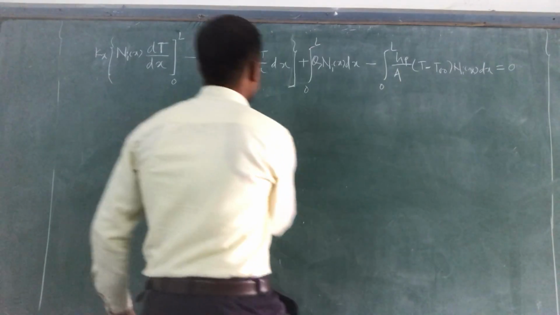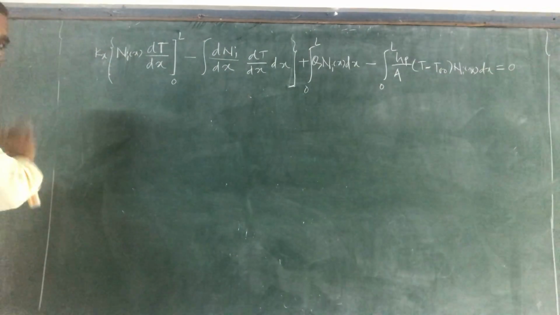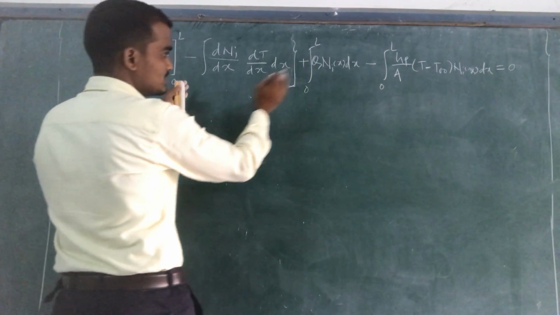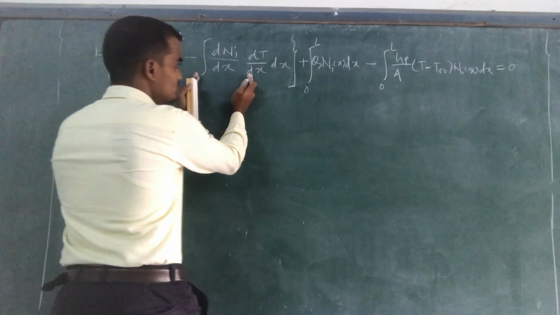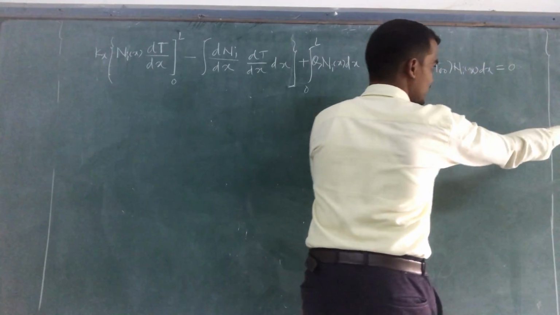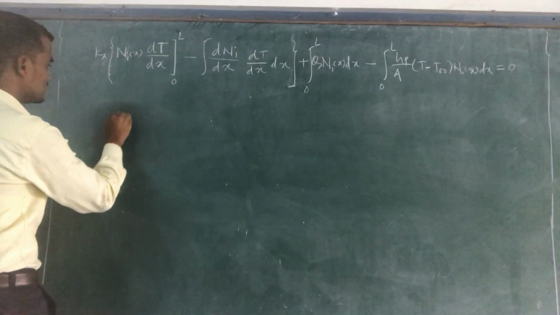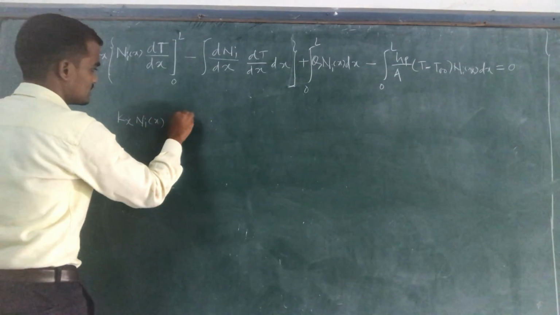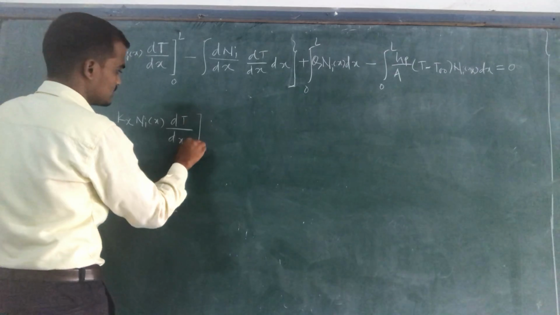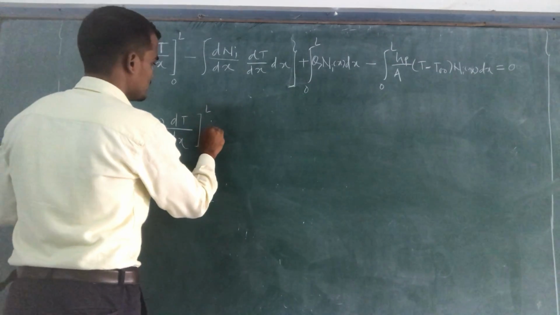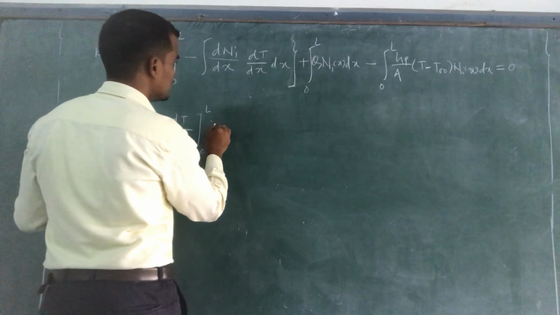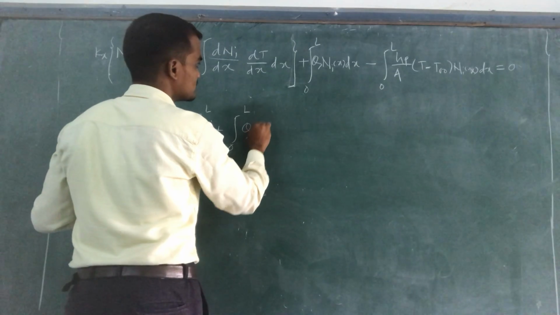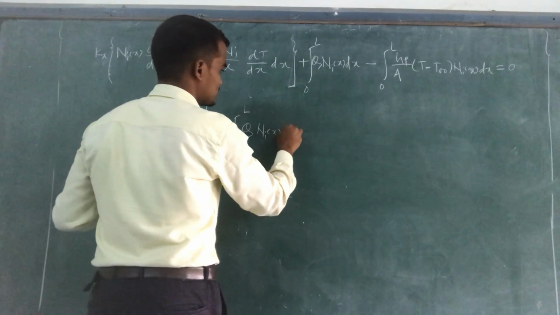So the negative terms are taken on the positive side and the positive terms are taken on the other side. If we take this negative term as well as this negative term to the RHS, then the equation will become kx into Ni of x dT by dx over 0 to L, this minus term taken on the RHS side, plus integration 0 to L q times Ni of x dx